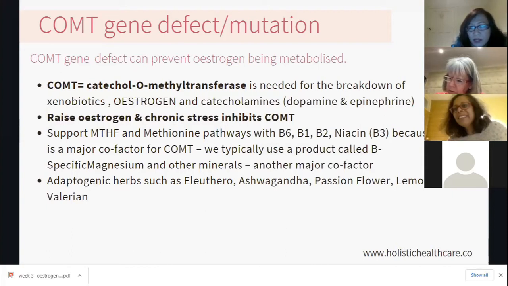So even once we correct our nutritional status, people still have loads of symptoms because we haven't addressed the genetics. There's a gene called the COMT gene. So how it works is that you've got genes in your body, and the genes allow the body to make certain types of protein, and a lot of the enzymes that your body produces in order to convert, for example, the inactive form of vitamin B to an active form, or to break down protein into amino acids.